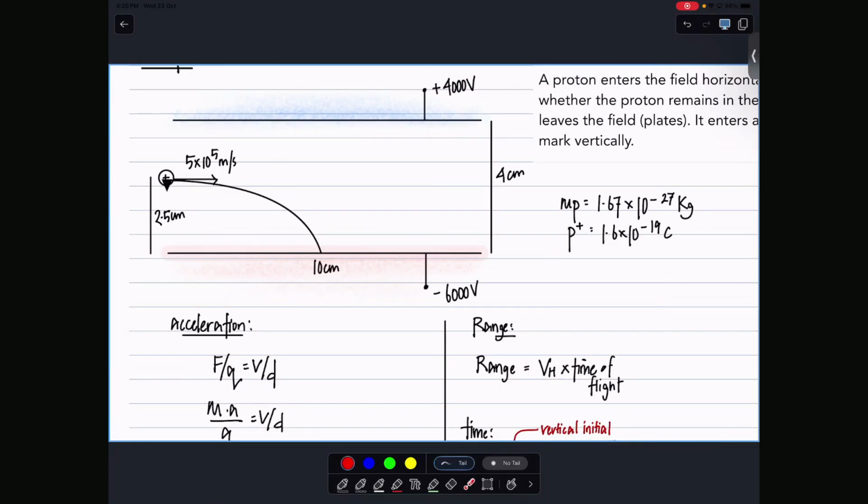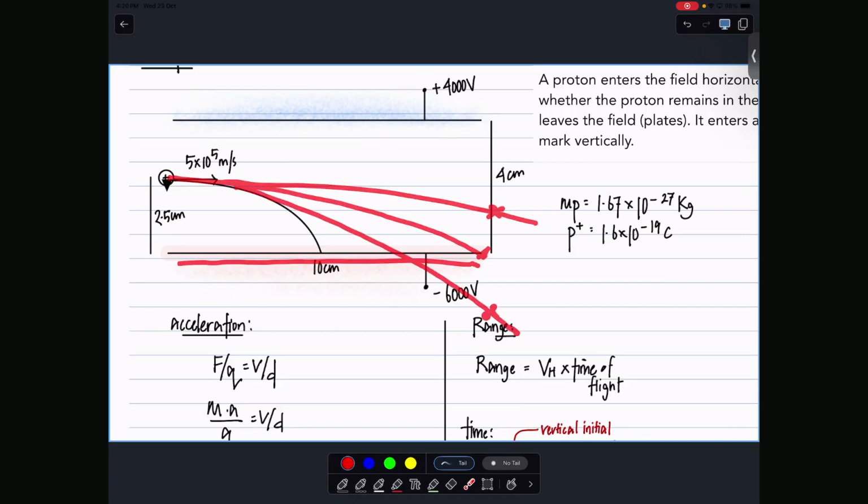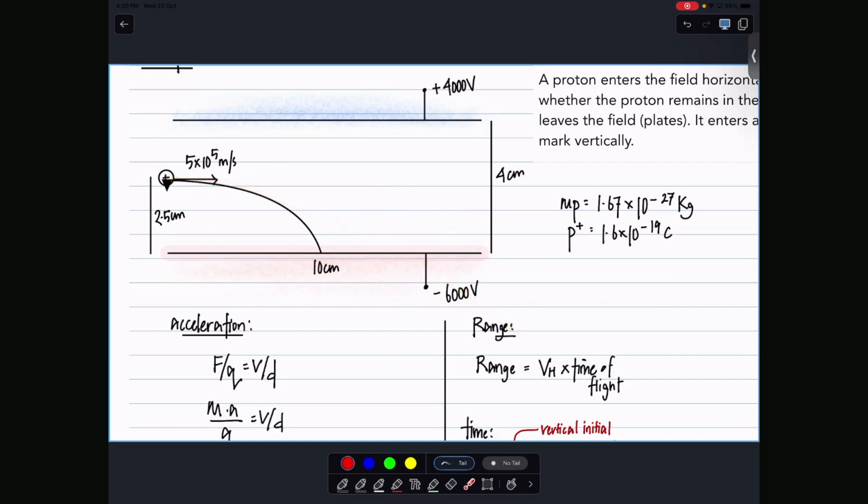Some students try to do this in another way, which I don't personally recommend, because I don't think it's intuitive. They use time and compare time. They find the time needed for the particle to go and hit that place, using this range, and find where the particle hits. If the particle hits above that point, it goes outside. If it hits below that point, it stays inside. I don't think that is easy to understand. Range is much easier, okay?